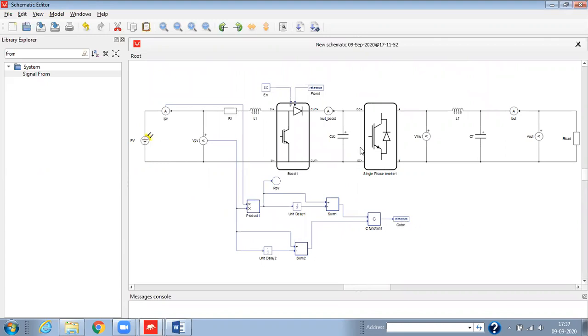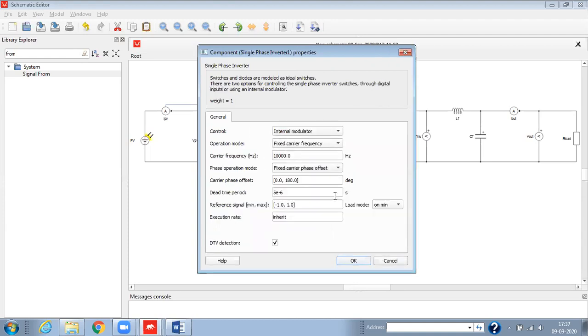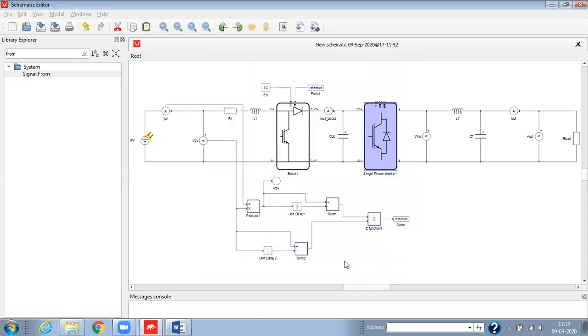Now this is done. Similarly, we'll do the settings for the single phase inverter. Here we are going to use the internal modulator, and we are going to change the carrier frequency here. Now we'll click OK.